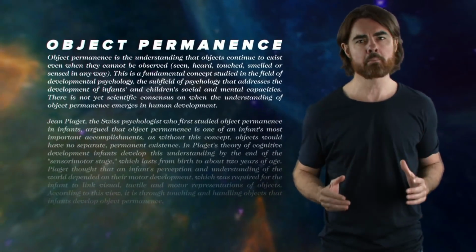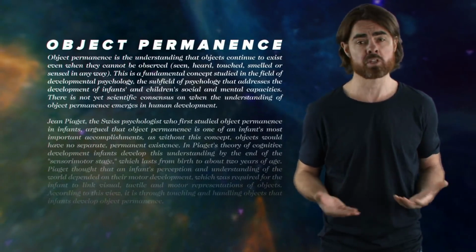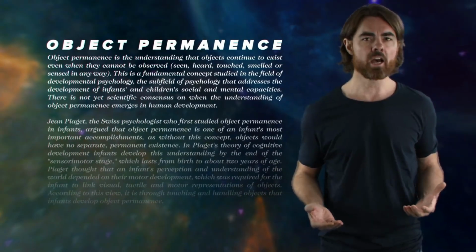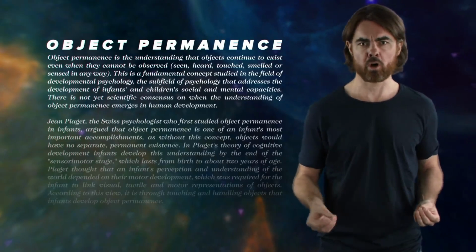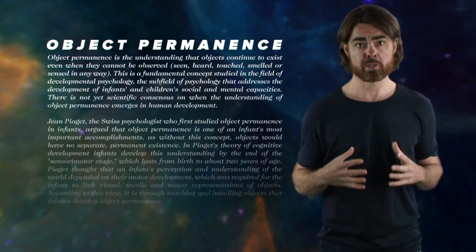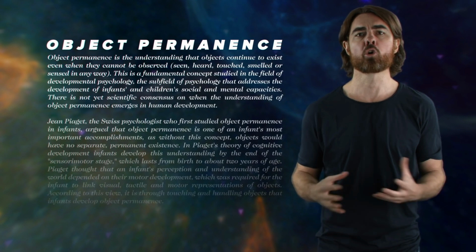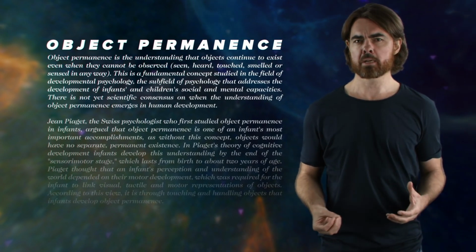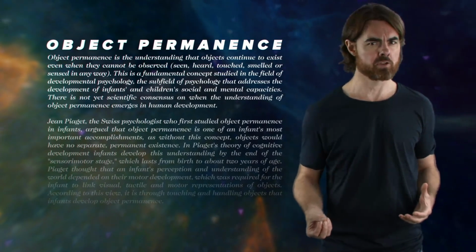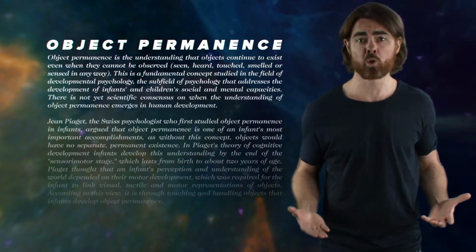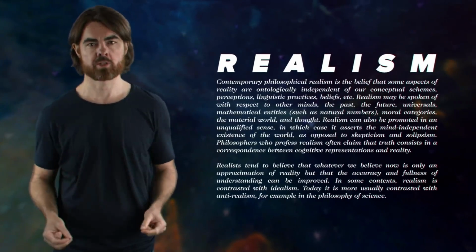By the time they grow up and go to college to study physics, the notion of object permanence is so deeply embedded that we don't even bother teaching it in Physics 101. And yet the idea that the universe keeps existing when we're not looking at it is a pretty fundamental implied assumption behind all of classical physics. Indeed, most of science takes it for granted that the universe is real whether or not we're looking at it. This notion that the universe exists independent of the mind of the observer is called realism in physics.